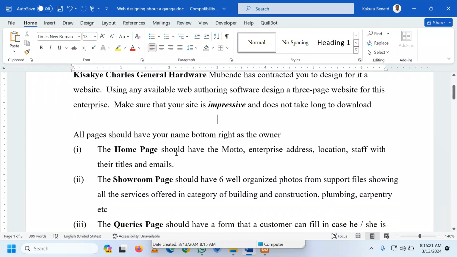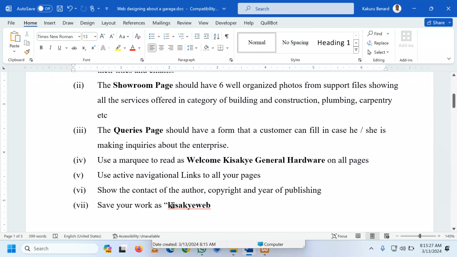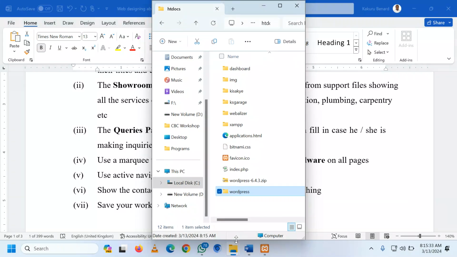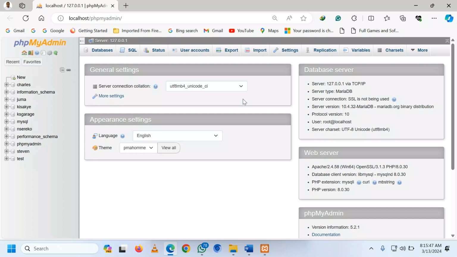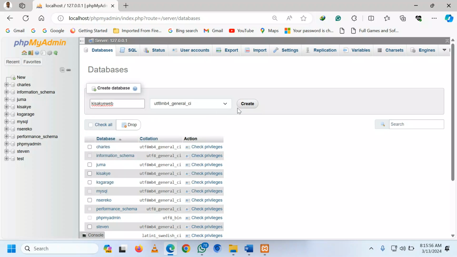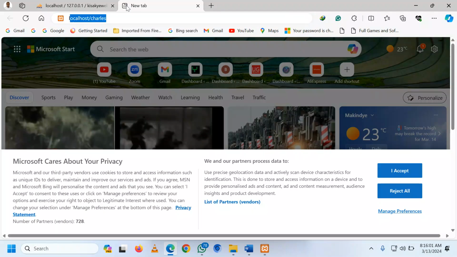They are telling us to design 3 pages: the home page, the showroom page, and the queries page, and then save your work as kisakyeweb. So I can rename my folder here as kisakyeweb. Then on my XAMPP control panel, I load MySQL admin. That goes to phpMyAdmin. I go to databases and create a database. I call it kisakyeweb. I create. After creating this database, I can now load localhost